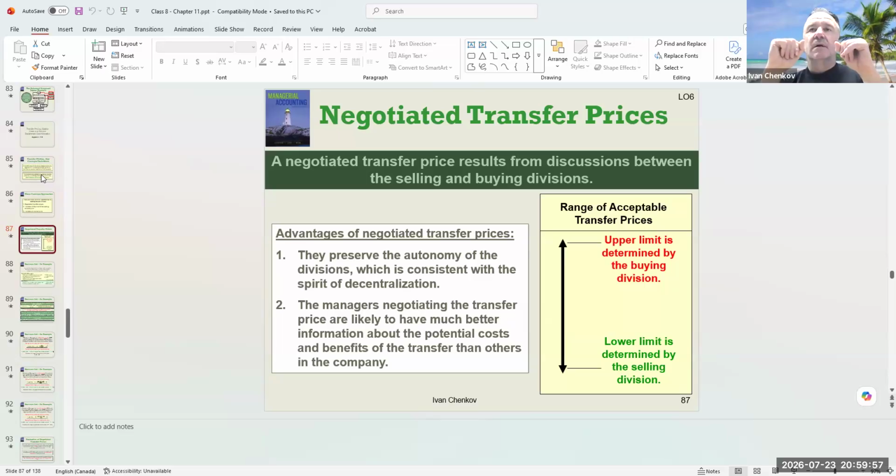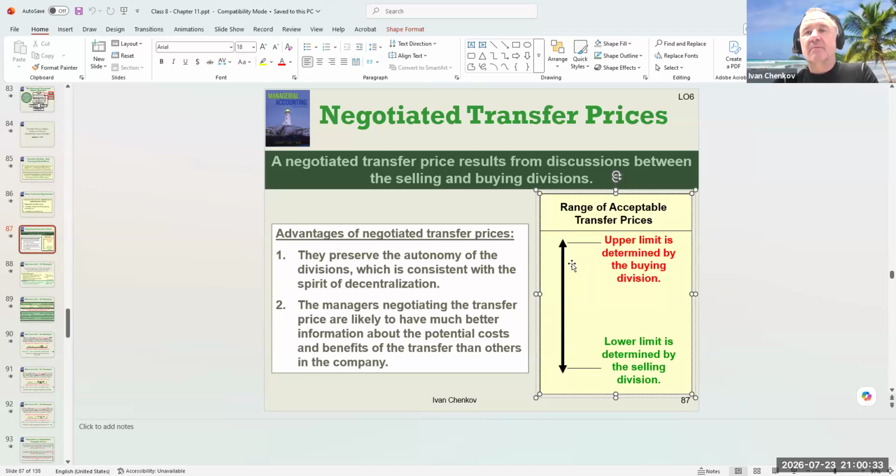The transfer pricing upper limit always is gonna be the market price that the buying division pays when buying from the market. The market price for the selling division is irrelevant. Because if the selling price of the selling division is higher than the market price that the buying division pays, then the buying division is never going to buy from the selling division internally. For example,